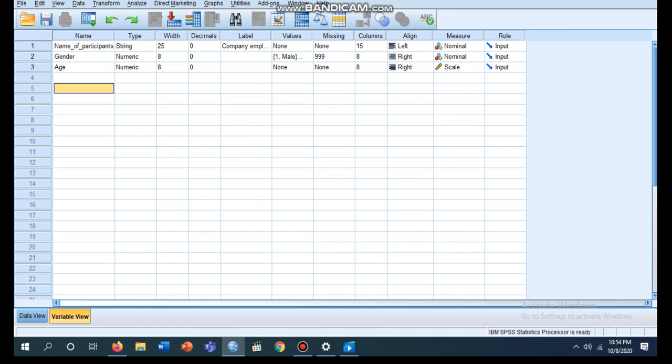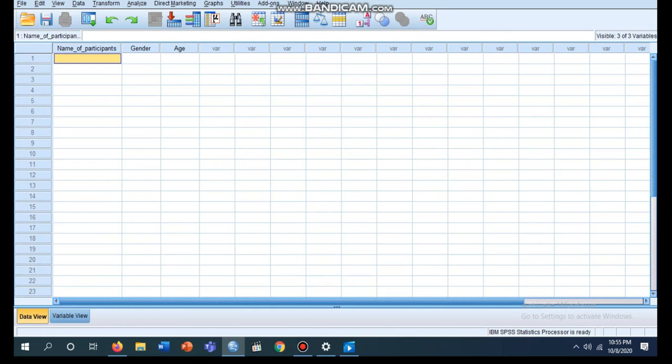So once we're done with defining the variables, we'll go to the data view to enter the data. For now, I'll just enter a few random names.